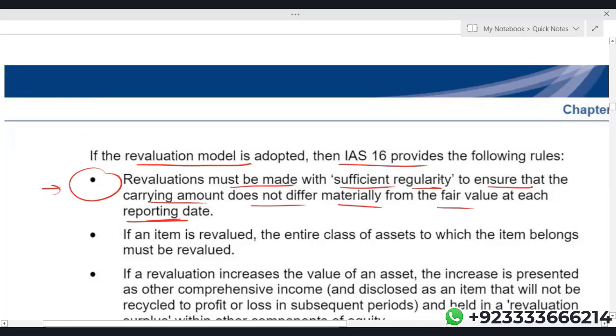They're not saying annually. They're saying sufficient regularity. It could be annually if you want. Otherwise, it could be after every 3 years. It could be even after every 5 years. But now,